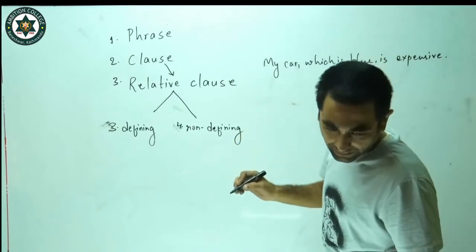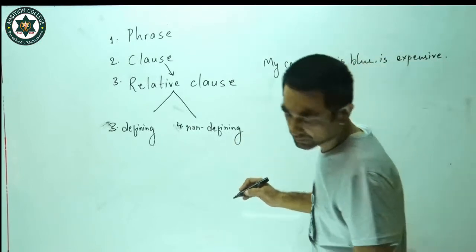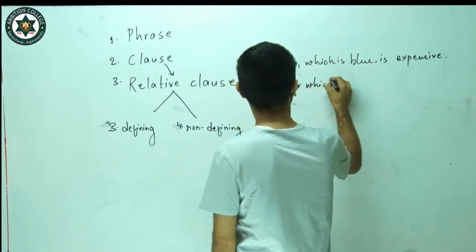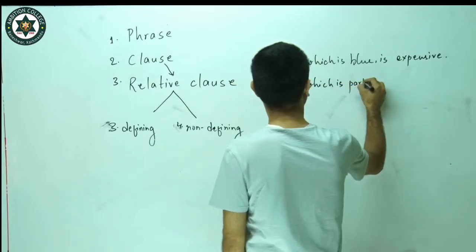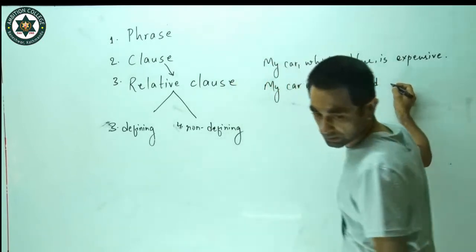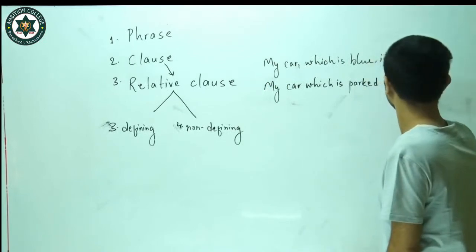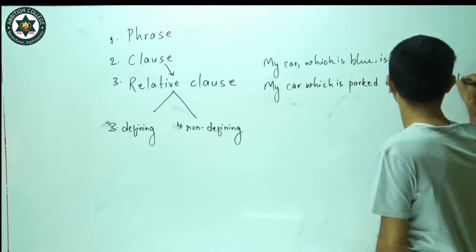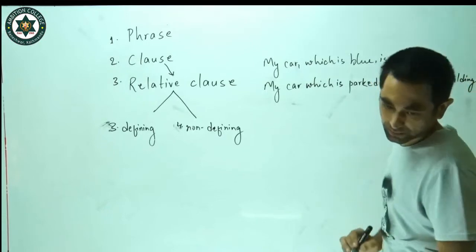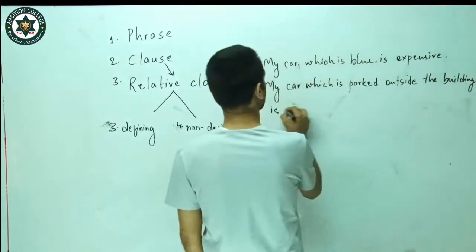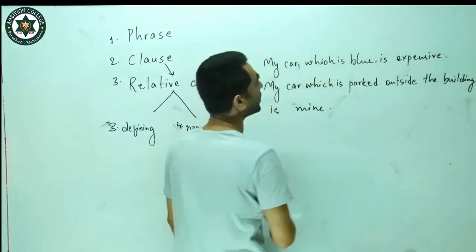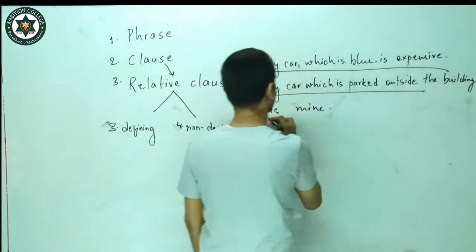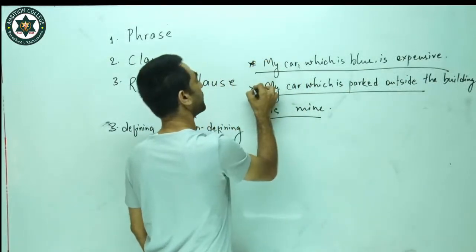And again I say my car, which is parked outside the building, is mine. Here we see in this case of sentence and in this case of sentence we have two different